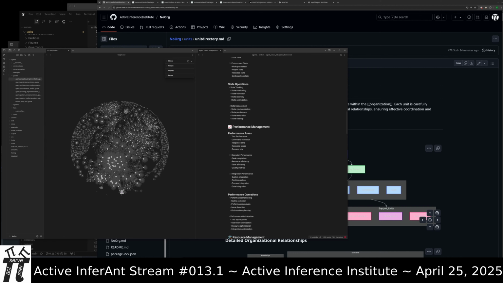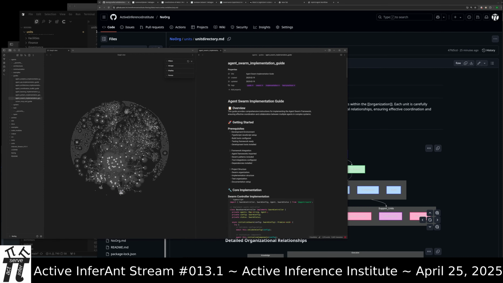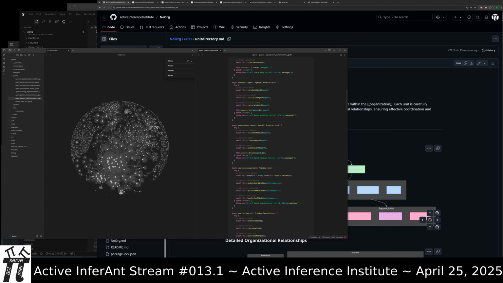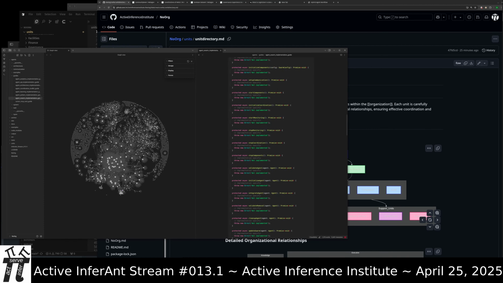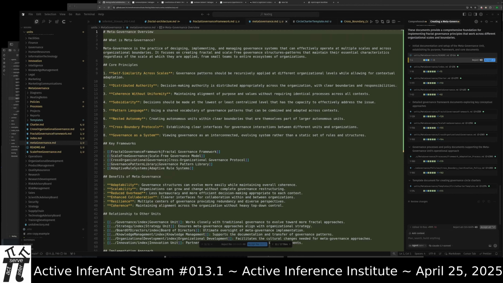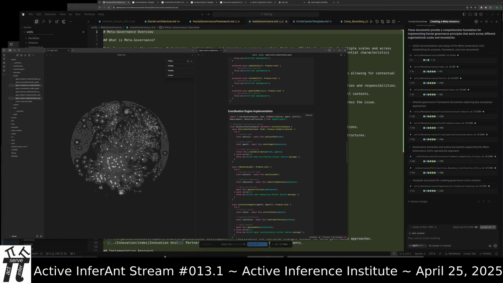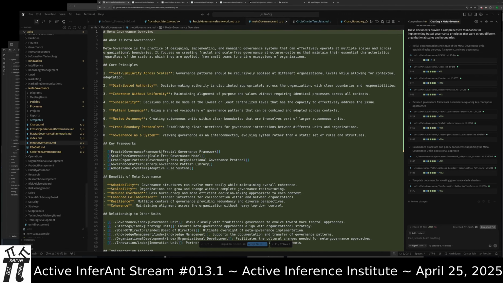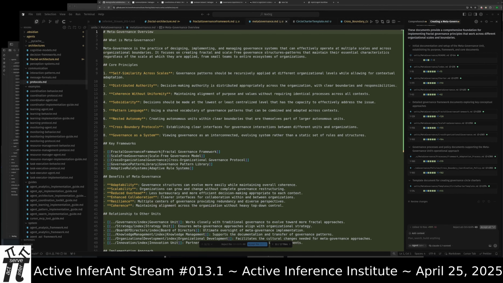There are guides, just a few of them, but they are guides to different situations where you might want to do multi-agent learning. So here's like a swarm implementation. Some of this refers to some real code, some of it doesn't, but the whole point is you just say, okay, build it out where it's missing, use this pattern, and go from there. And that will basically get you where you need to go. So guides, examples. Let's look at it in both places.